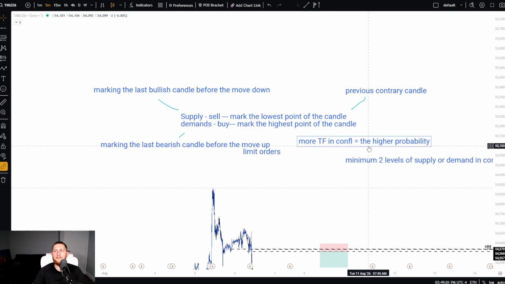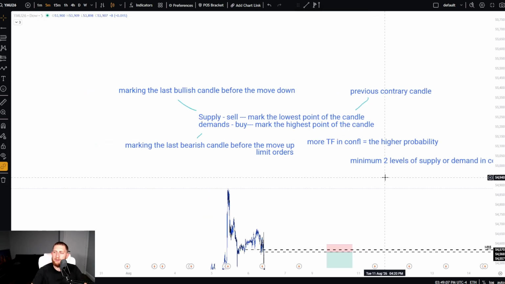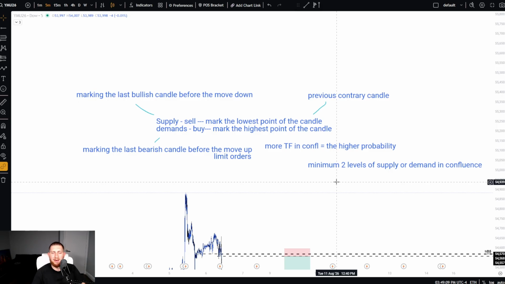Now, the more time frames in confluence equals the higher probability. And remember, we need a minimum of two levels of supply or demand in confluence in order to take a trade. And you guys just saw an example. The more time frames of confluence, the higher probability. You have to think of each level of supply or level of demand as an opportunity for price to reverse